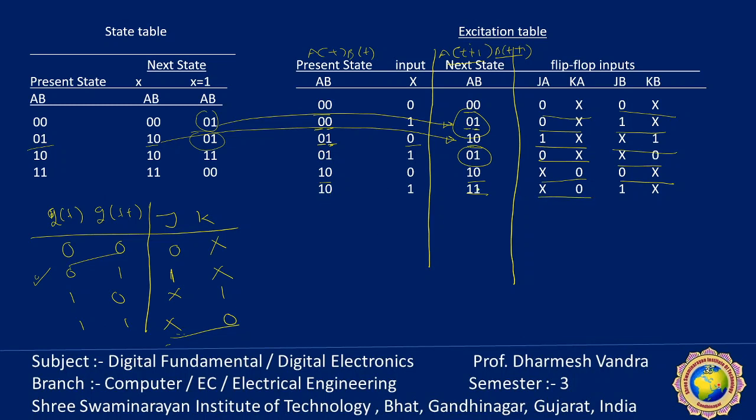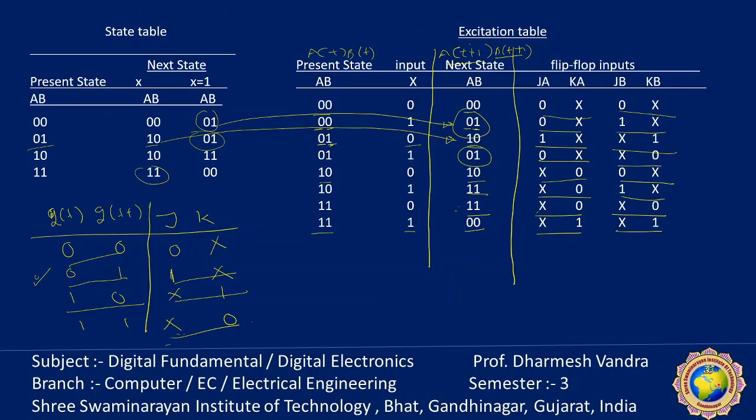0 1 0 1, so that means 1x. 0 1 1x. 1 1 is the last state, input 0, so it remains the same. 1 1 1 1, A, A plus 1, 1 1 1, B, B plus 1, 1 1 1, so both are x0. This one. And present state is 1, input is 1, next state is 0 0, so A, A plus 1 is 1 0, 1 0, so that means 1 0, so next state is x1 for flip flop A and flip flop B. Both J K is x1.